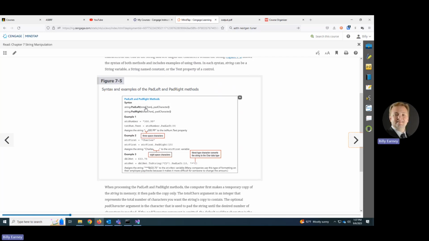the total number of characters that you want in the string. And then if you want to, you can specify a pad character. If you don't specify a pad character, it defaults to a space. If you specify a pad character, it will use that character that you specify. So for example, here, we want our string to be a length of 9. And so since our string is already a length of 6, it'll add 3 space characters at the beginning of